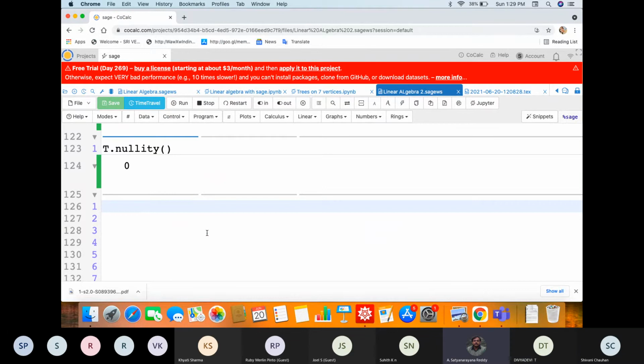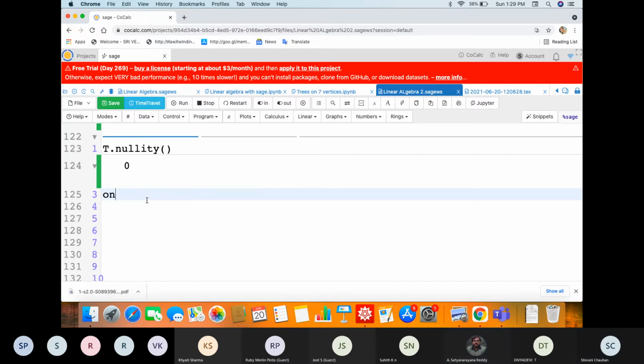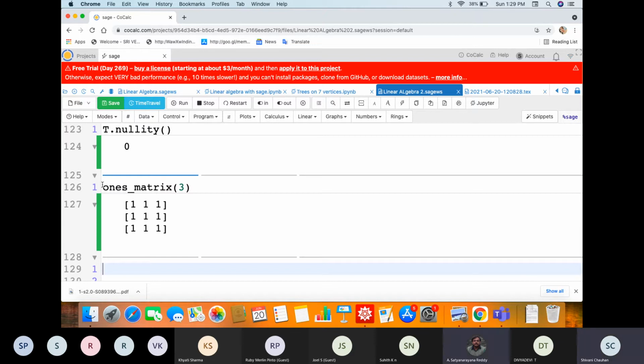Can you type, Shivani? Yes, sir. Capital A equal to ones of 3. All ones. Okay.